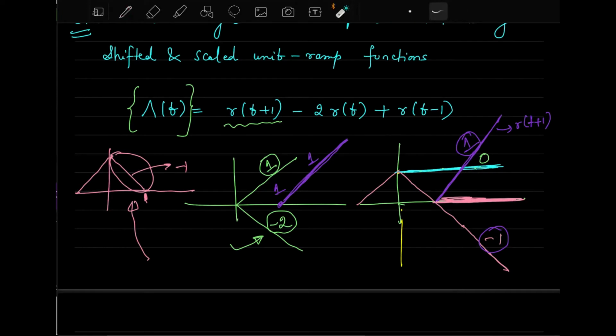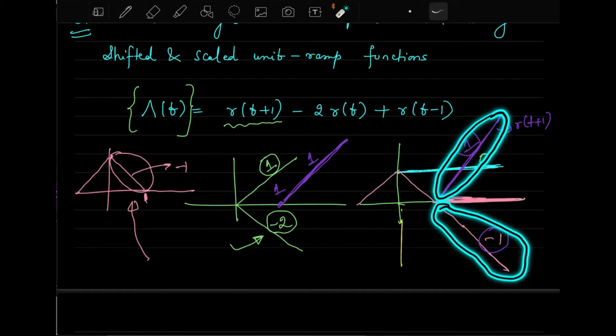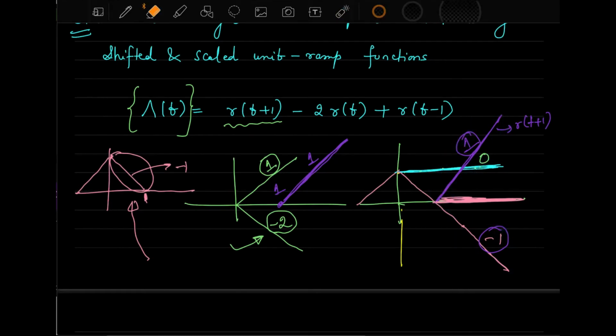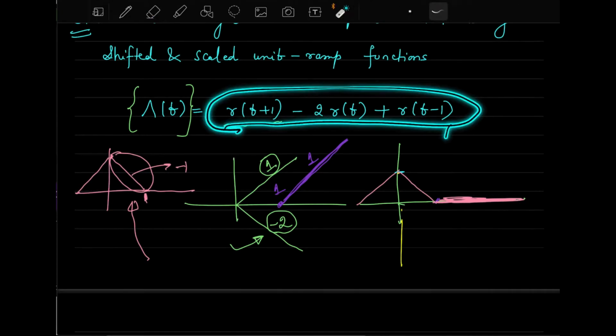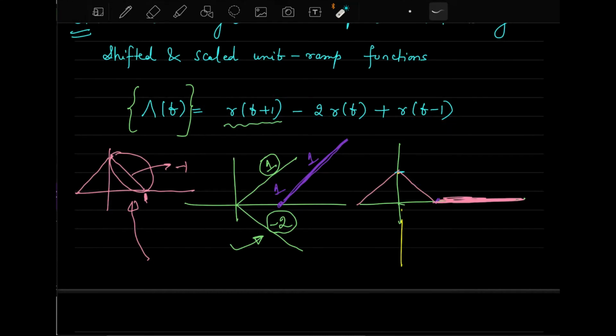And this happens because of the nulling effect of this one and this one. So let's remove this and this also. So once you have added all these three terms, what you get now is this term, this particular triangle function. So any questions here related to this explanation you can ask.